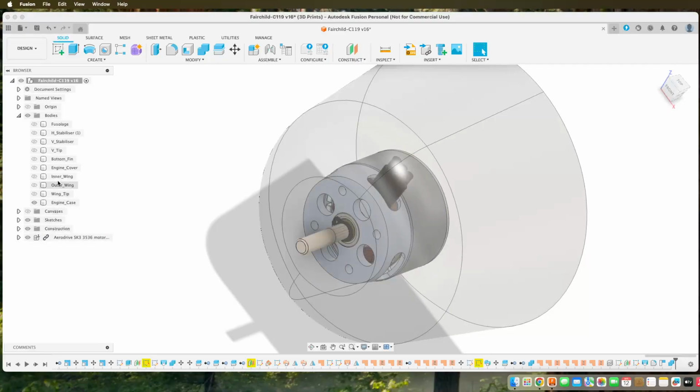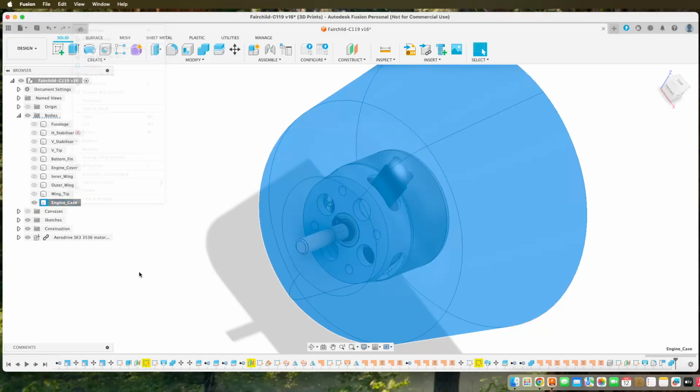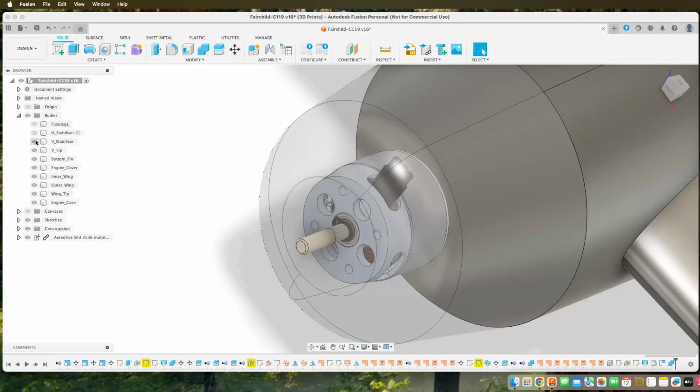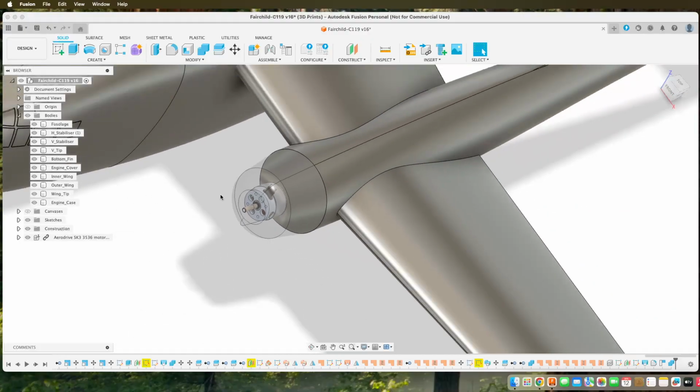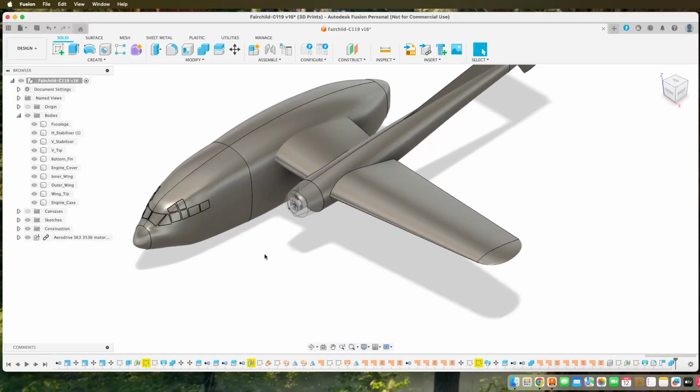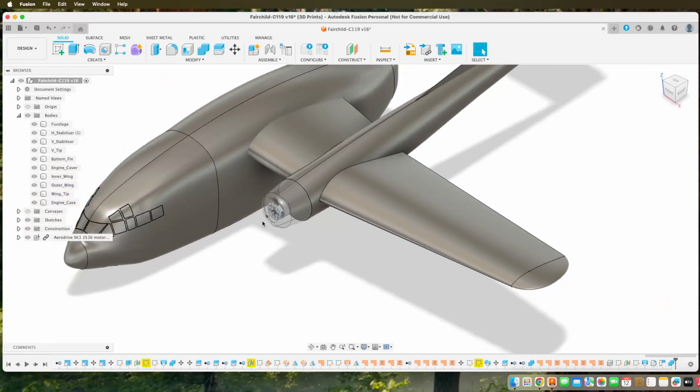So that's about it. I'll leave that one there in the 50% opacity, so we can actually see the engine. And on the next video,